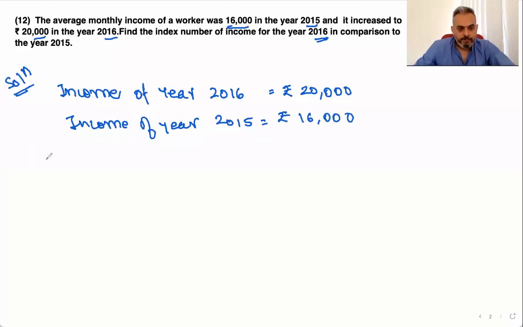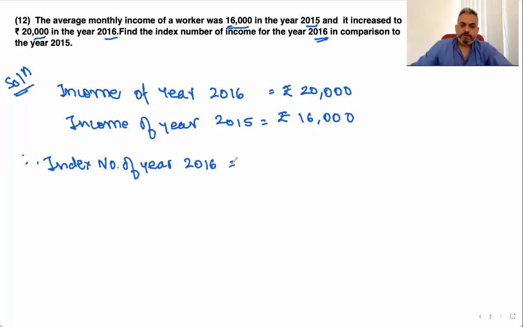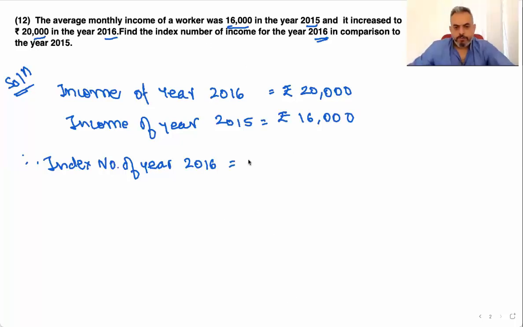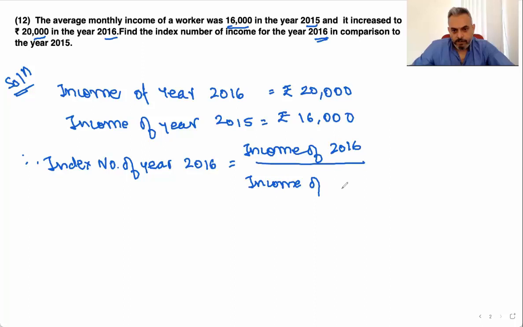Therefore, index number of year 2016 is equal to income of 2016 upon income of 2015 into 100,